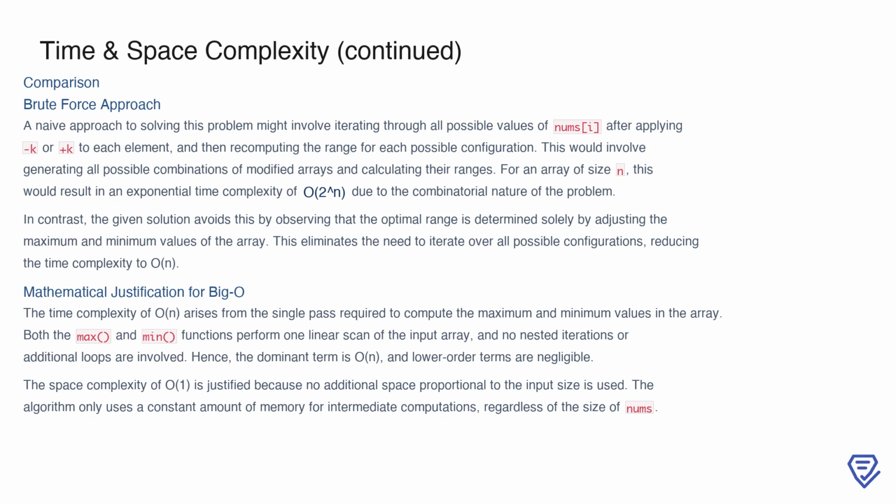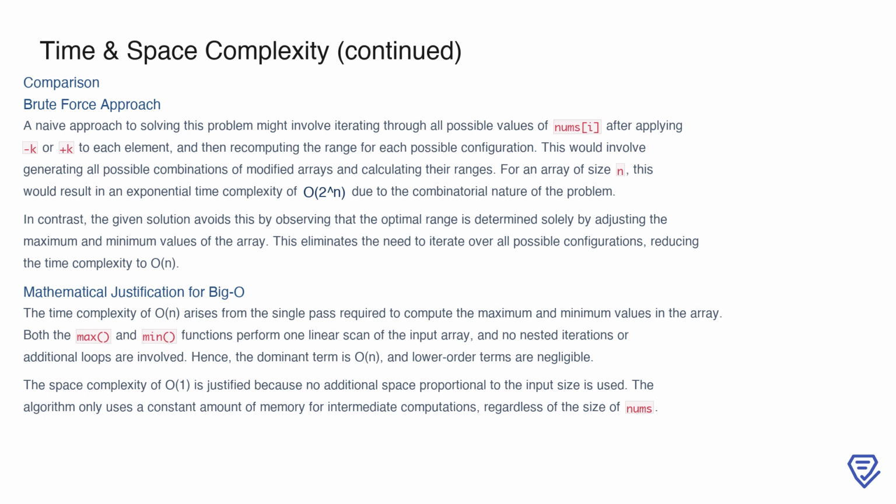To better understand the efficiency of this solution, let's compare it to a brute force approach. A naive way to solve this problem might involve iterating through all possible values of each element in the array after applying minus k or plus k. For each configuration, we would then recompute the range of the array. This approach involves generating all possible combinations of modified arrays, which grows exponentially with the size of the input. Specifically, for an array of size n, the time complexity would be O(2 to the power of n),